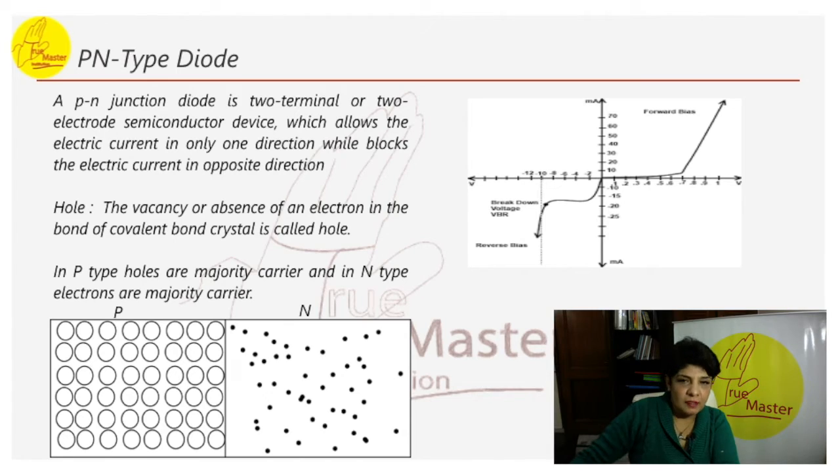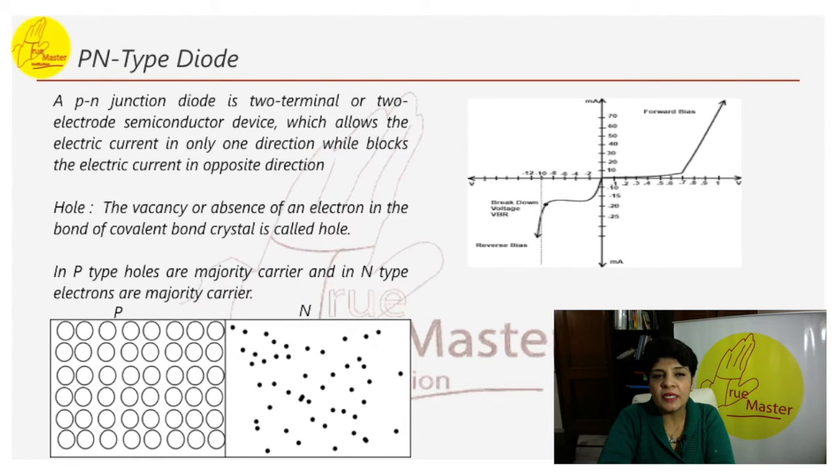Now, if you see this part, have a look at this. This is P and this is N. It is a single crystal of silicon which is doped. Doped means impurity is added in such a manner that one half portion of it acts as p-type and the other half acts as n-type. So this is a semiconductor here. Junction implies the boundary or region of transition. This will be called the junction here. PN type is also called a diode. So the other name for PN type is diode.